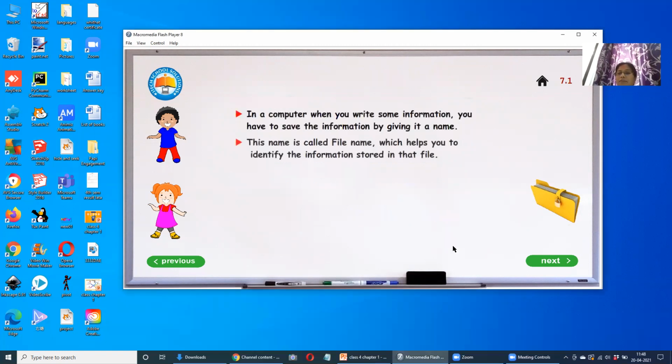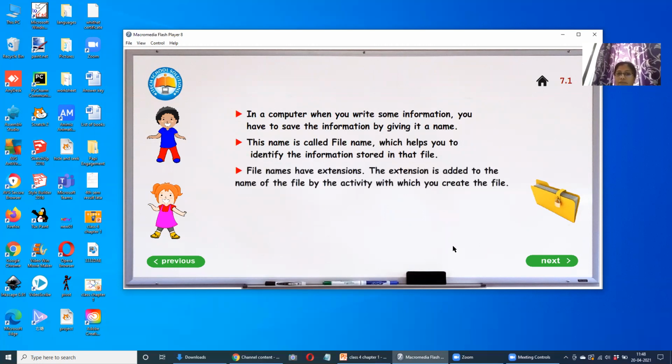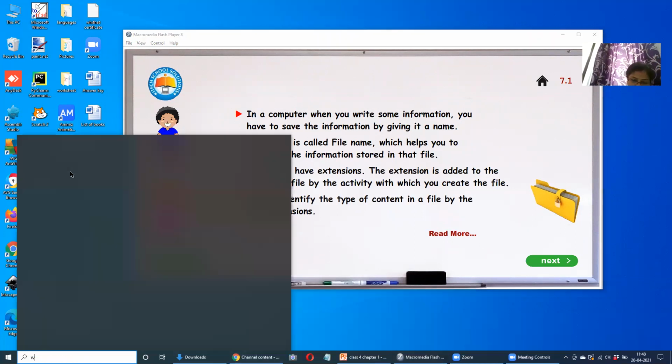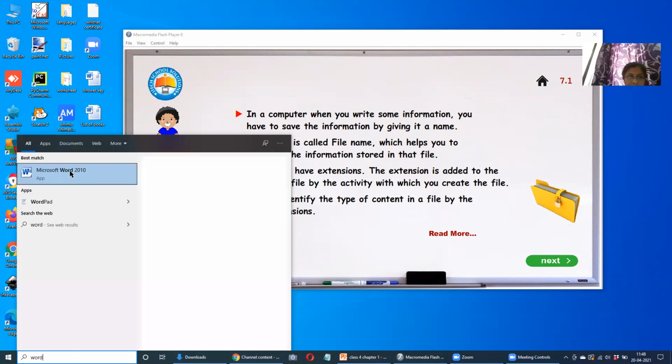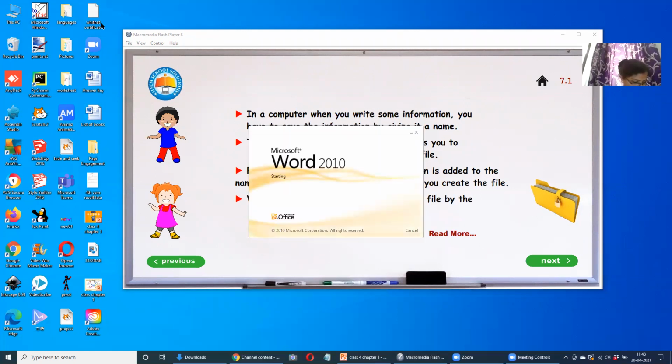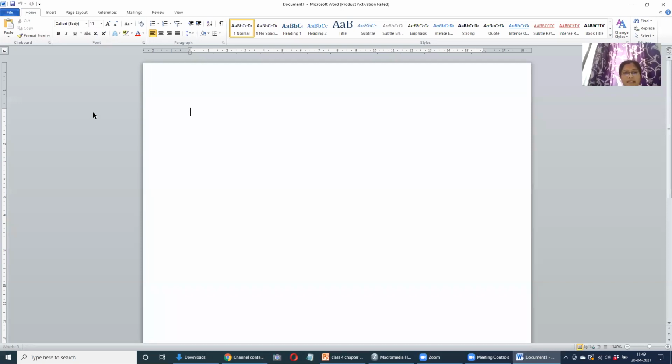In a computer, when you write something, you have to save the information, correct? Imagine I'm just opening a Word file. Yes, I'll just increase the font.